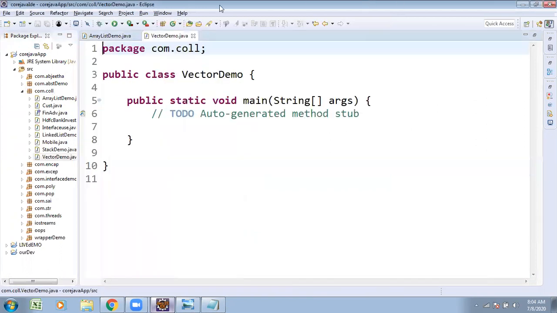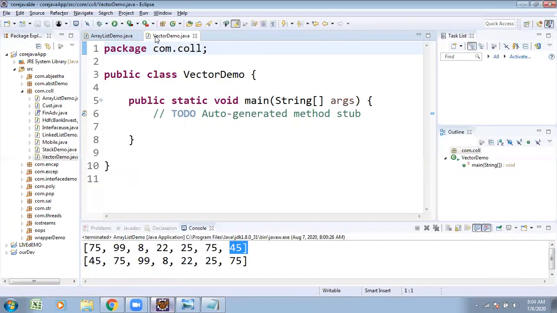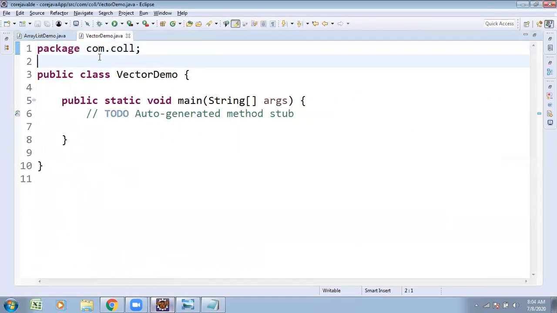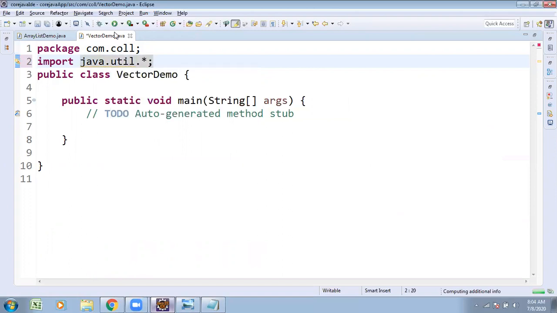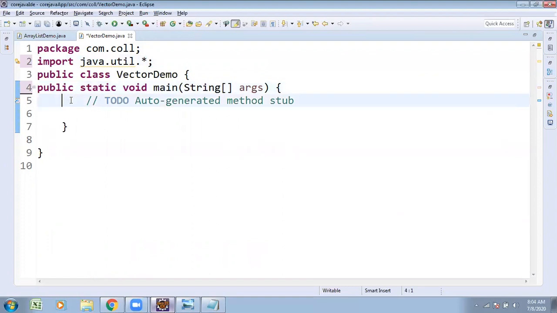Public static void main, String of args. Here I want to import java.util.*.